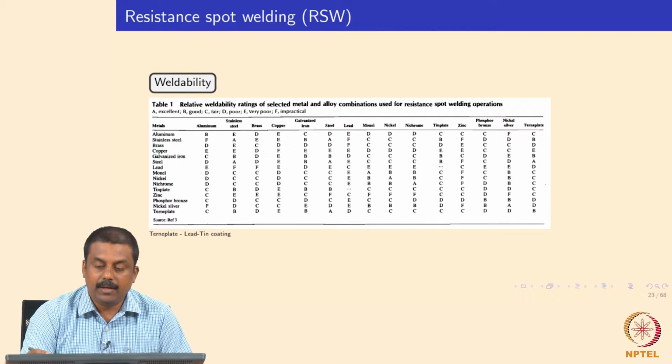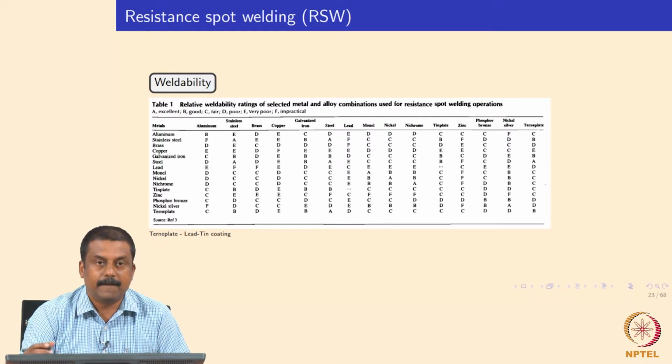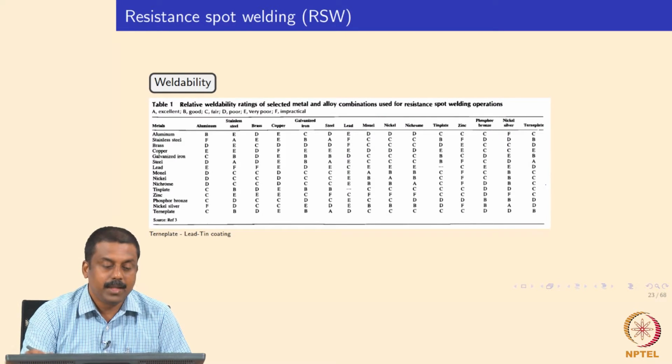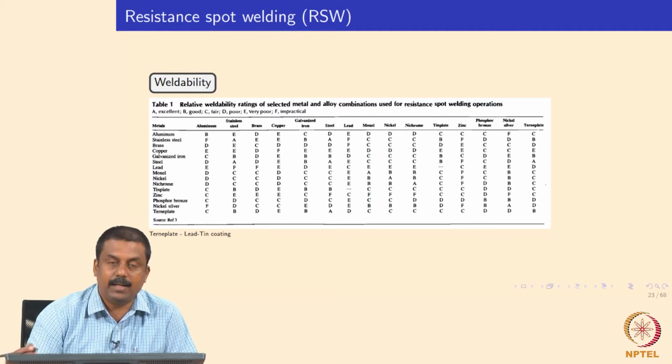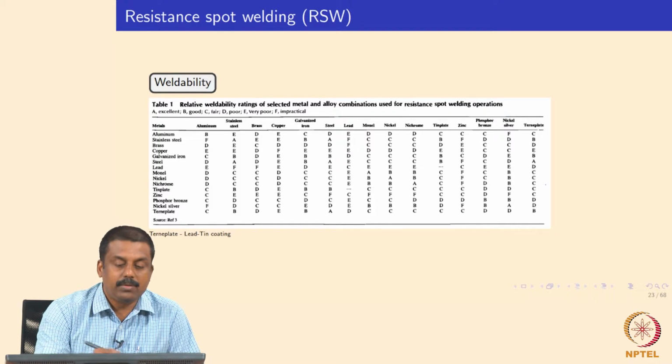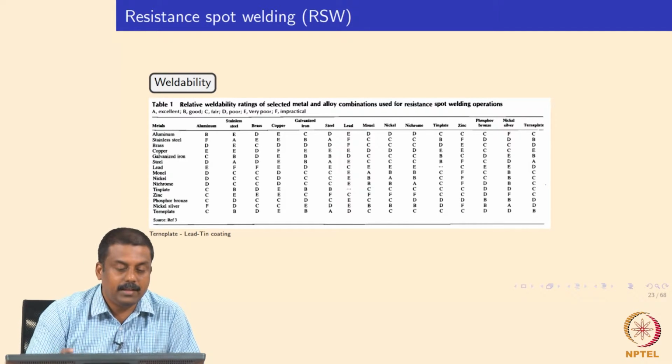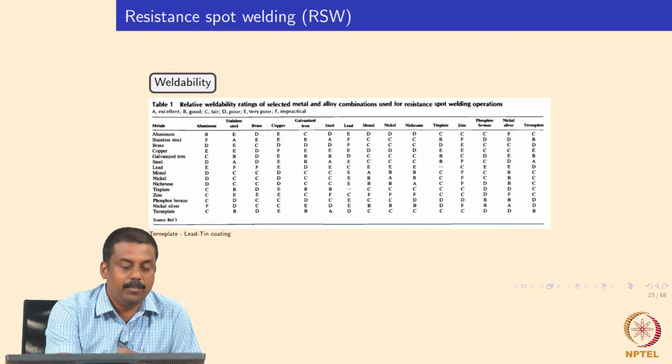And when you are using a dissimilar material for resistance spot welding, there are a lot of issues in terms of surface characteristics as well as weldability. So this table can be used as a guideline, if you want to weld dissimilar materials, and similar materials as well. This is actually obtained from an ASM handbook. This shows an overview of various materials in the first column.